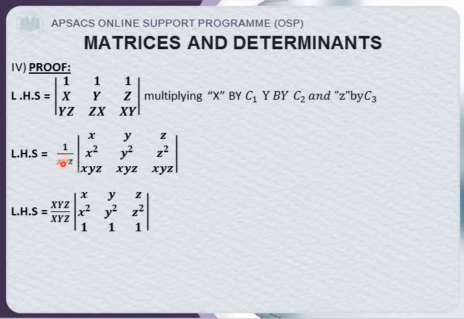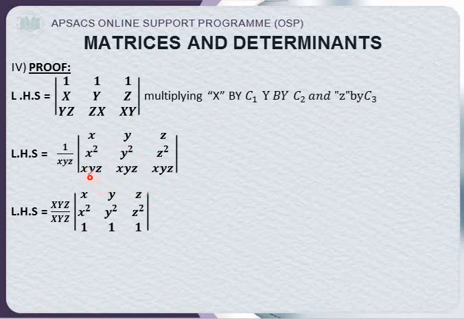Now where does this x, y, z come from? When you multiply x by column 1, y by column 2, z by column 3, for the sake of balancing you have to divide from outside the determinant. And what do you divide by? x, y, z. It is for the balancing. So column number 1 is multiplied by x, giving x square, and so on: x square x, y, z; y square x, y, z; z square x, y, z. You can see it here.